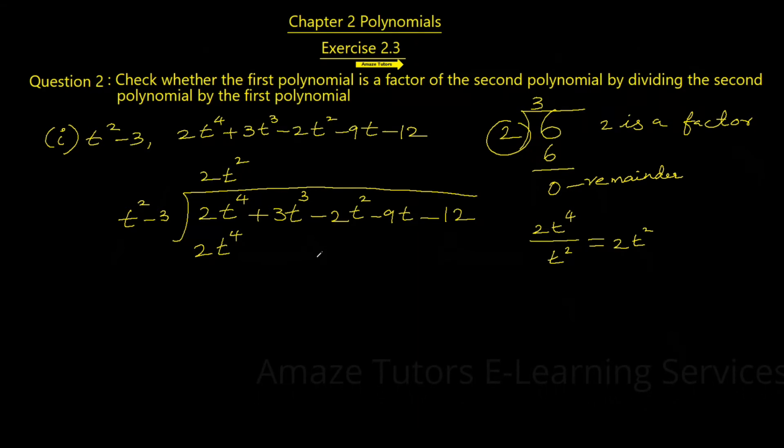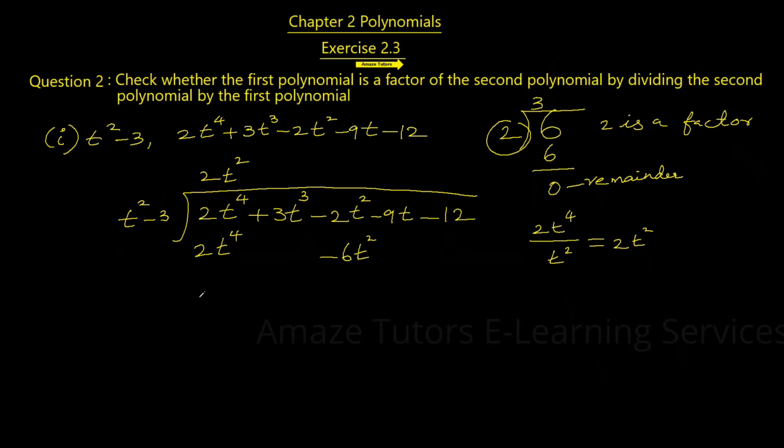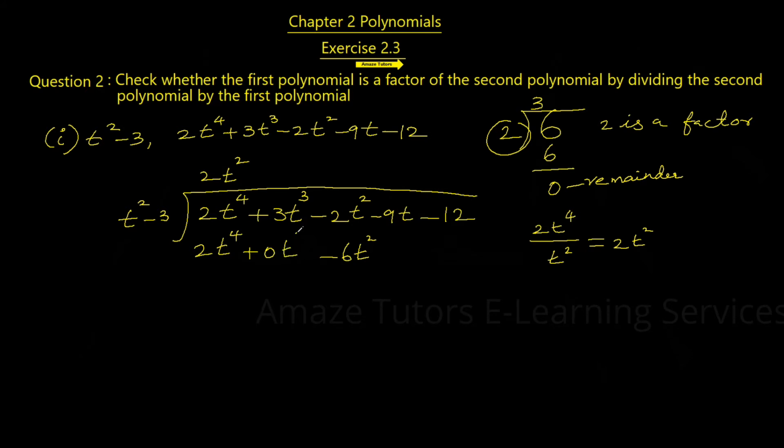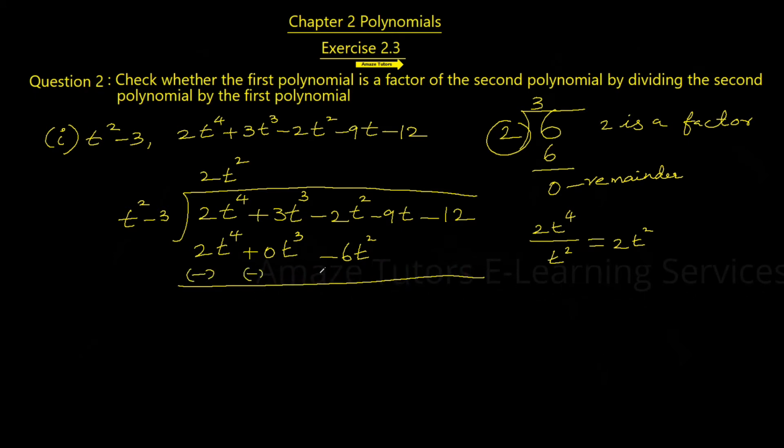It is not t cubed. So write it under t squared correctly. Aligning vertically is very, very important, so that subtraction will be easier for you. To make this much easier, you can even write 0 or you can keep it blank. Both are okay. Now, as it is subtraction, change the signs of the bottom.